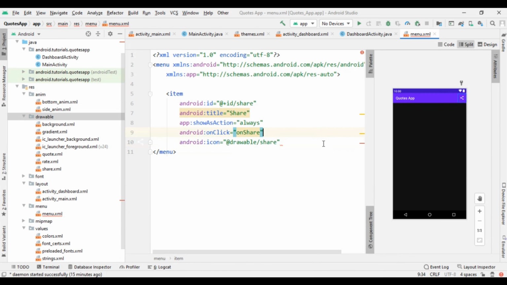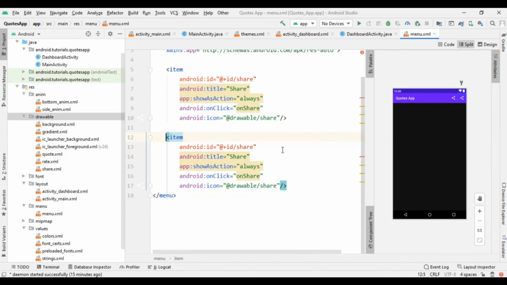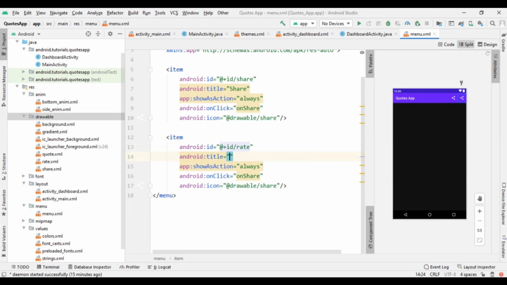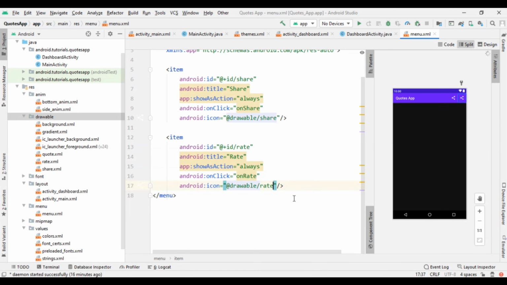So after implementing this much, we have to close that code and duplicate that full code. So here is our second code. So change this share to be rate, title also rate, show as action, on rate and icon will be rate.